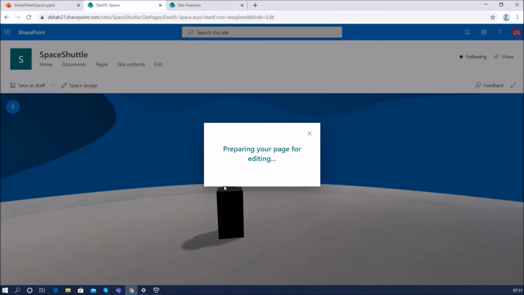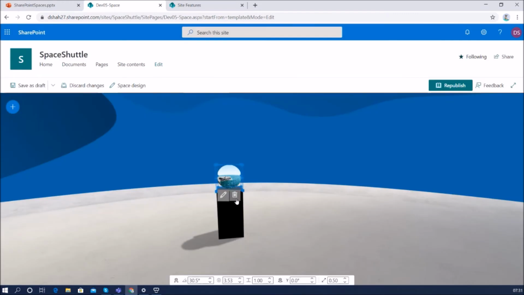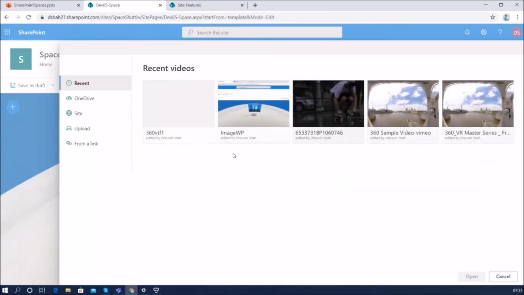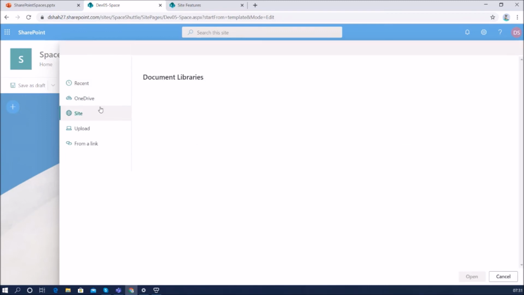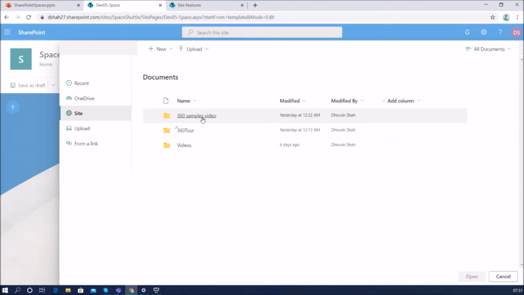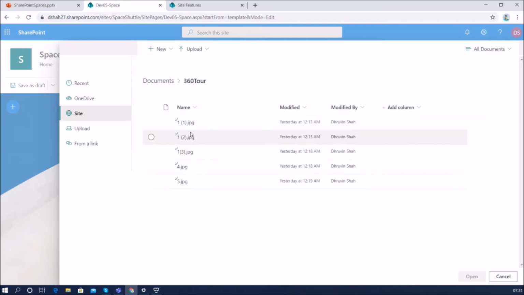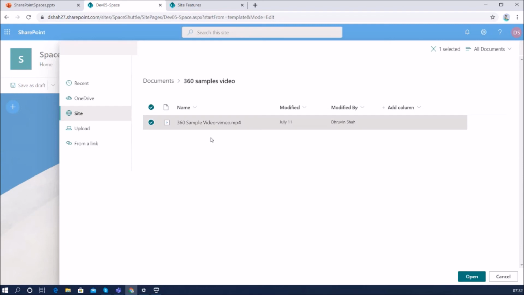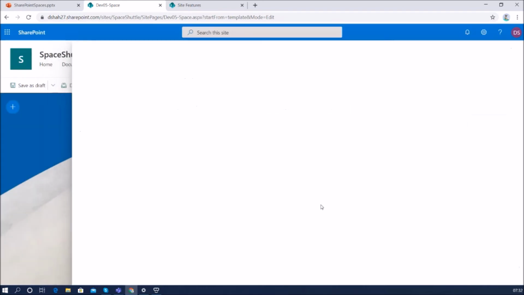The third web part is the 360-degree video web part. So basically, what is the 360-degree video web part? It allows users to see things in the form of 360-degree video. Let me upload a 360-degree video. Now I am not going to cover each configuration property. I'm going to do some fast forward to cover more web parts and their real life use cases. So I have this 360-degree video web part.